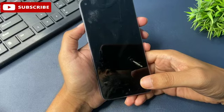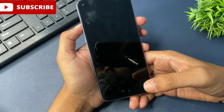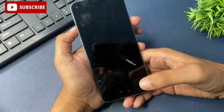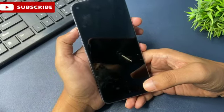In today's video I am going to tell you how you can recover your forgotten pin, pattern, or password of your smartphone without visiting any service center and without using any computer software. I am going to tell you such a method of unlocking the locked mobile which is completely